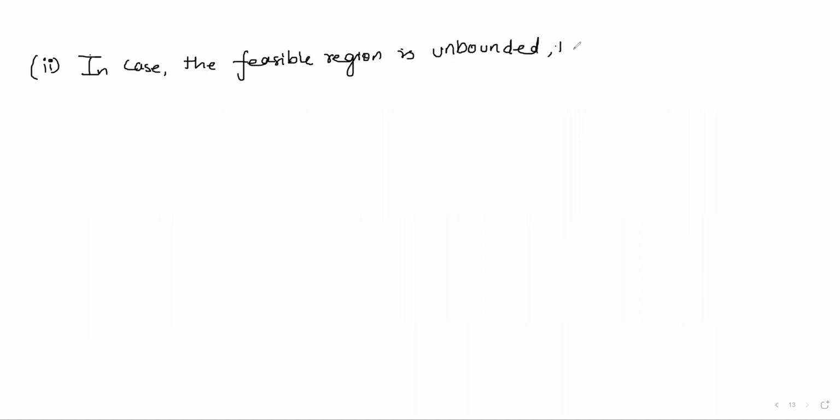So now the second point, in case the feasible region is unbounded, then we have two points. If it is bounded, then no issue: small m and capital M are the minimum and maximum values. If it is unbounded, then M is the maximum value of z